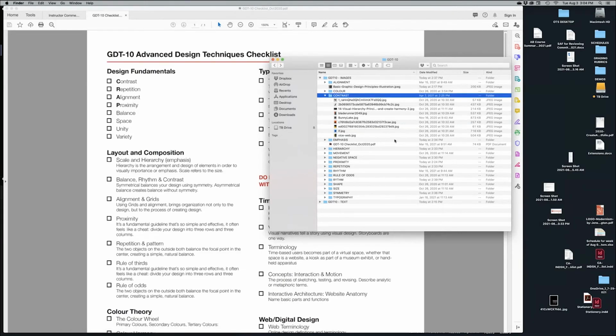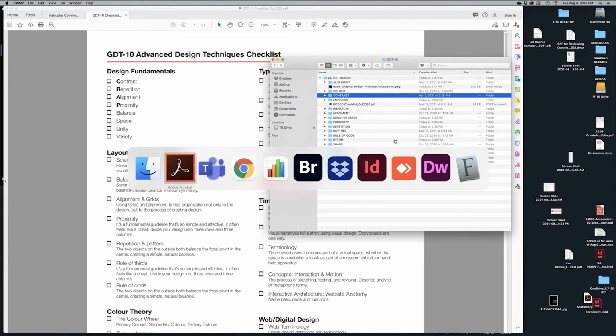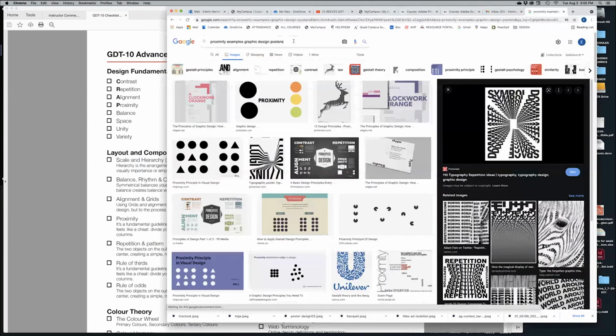I'm not going to go through all of those images that I have. I just wanted to show you some examples that I searched. So how do I search for stuff like this? I'm just going to go into Google Chrome right now. And in the search I type proximity examples, graphic design posters, right? Because I'm looking for proximity. So in this case, I have already a bunch of